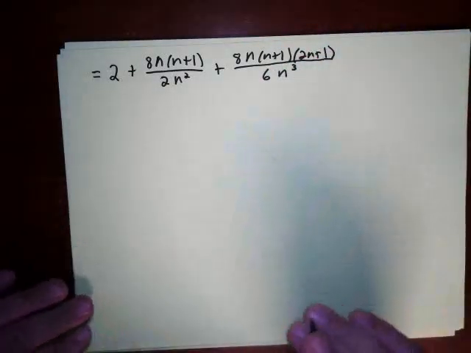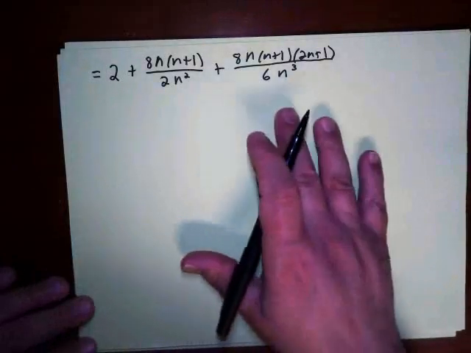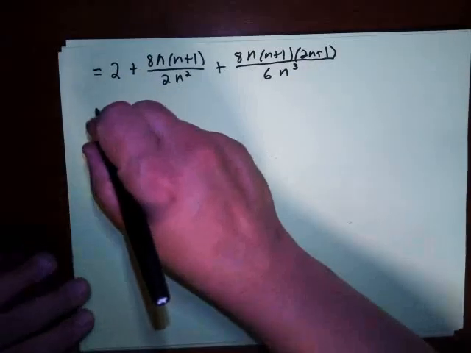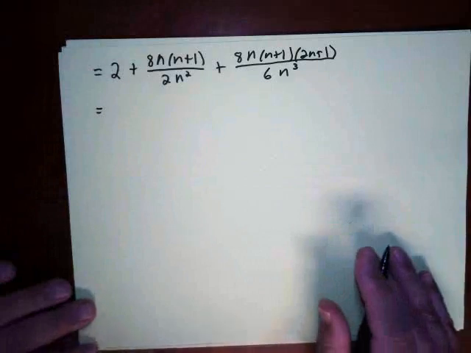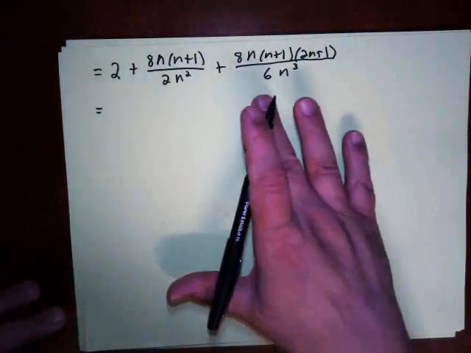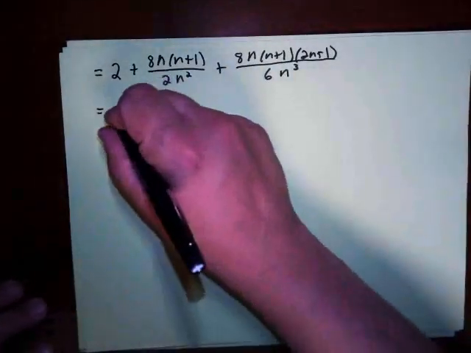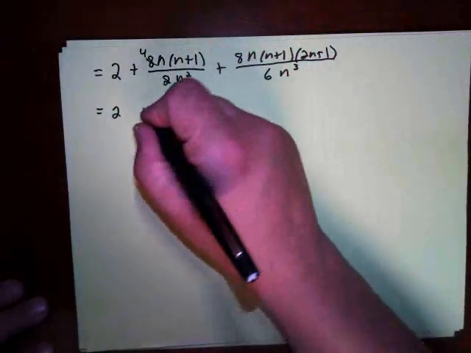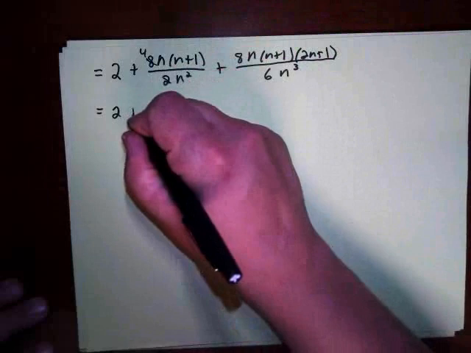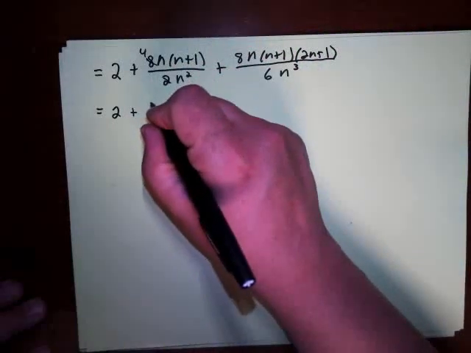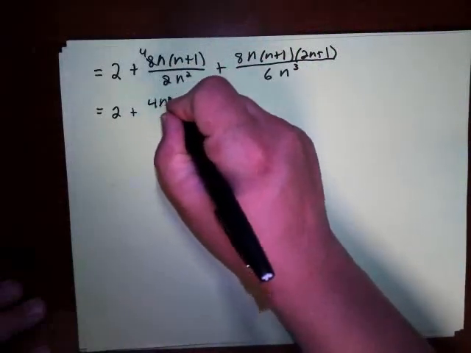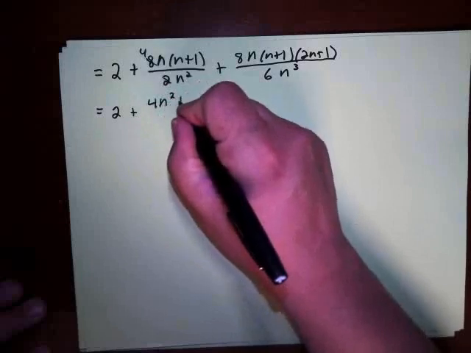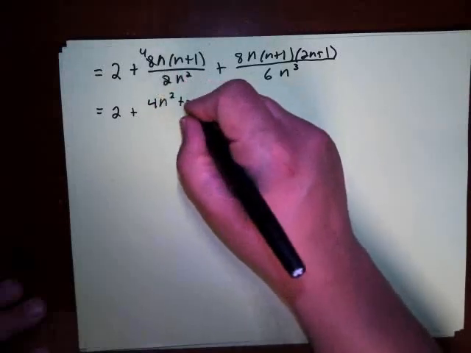Okay, now this time I'm going to go ahead and simplify this all out, but then I'm going to show you what I would normally do, kind of a shortcut here. But first I want you to see by actually simplifying this out. So this would be 2, and then I could cancel this out, that'd be a 4, right? So then I'm going to distribute the 4n over, so this would be 4n squared plus 4n